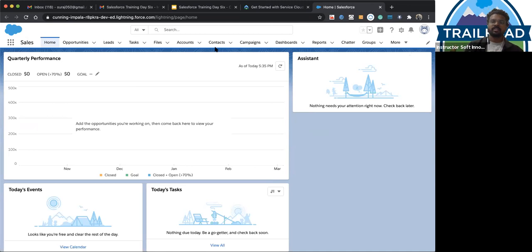I need to create a city pick list in each, and if I have n cities, I have to add n number of cities into that pick list every time. So it's quite lengthy and takes some time. So instead of doing that, we just create a global pick list and use that global pick list in each of the objects. So let's see how we create a global pick list.